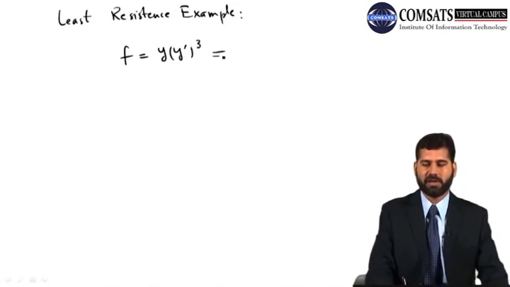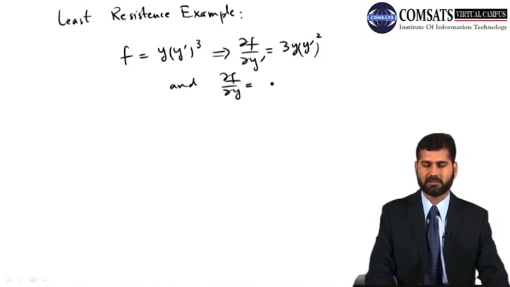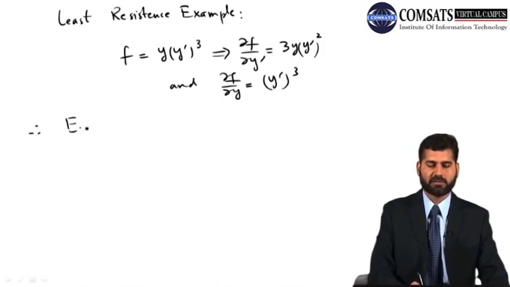From here, I can get partial f by partial y prime, which is 3y prime square, with y as it is, and partial f by partial y is just y prime cube, right? So therefore Euler's equation,